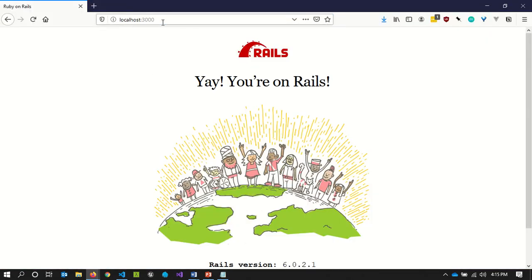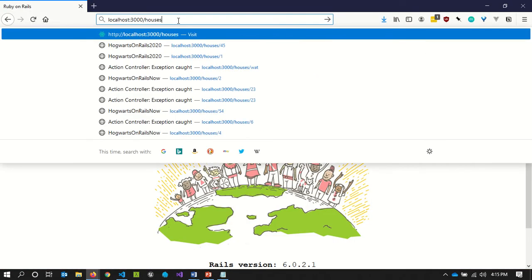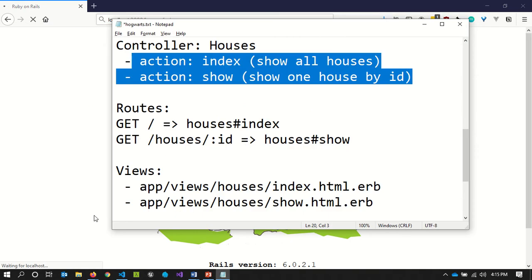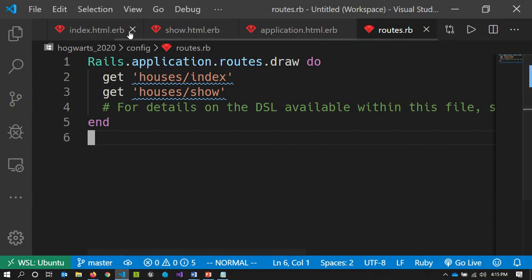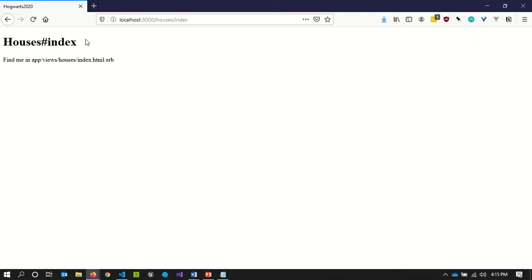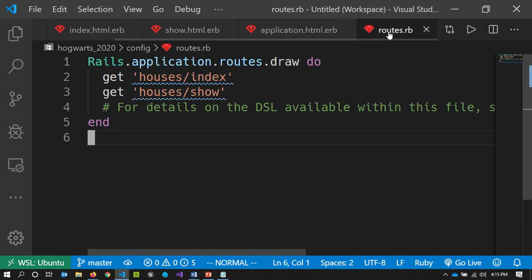So if I go over here and I go to /houses/index, we'll see the HTML that was in this file here. So it should say inside of an H1 "houses index, find me in," etc. There it is, houses index, find me in. And if I go to /show, it goes like that. So that gives me confidence that the routing system is working as expected,